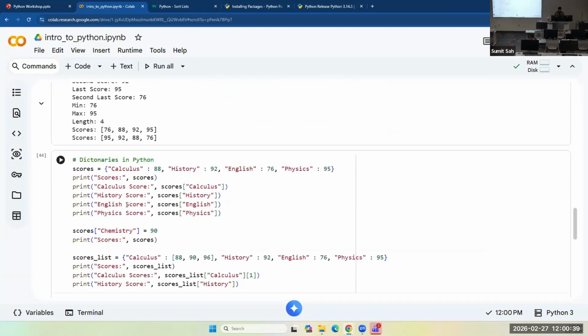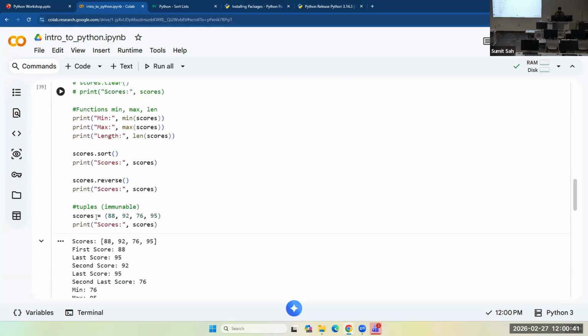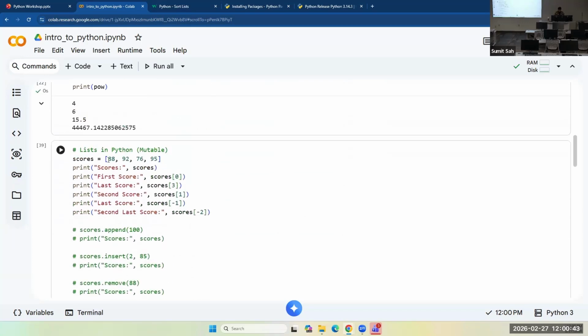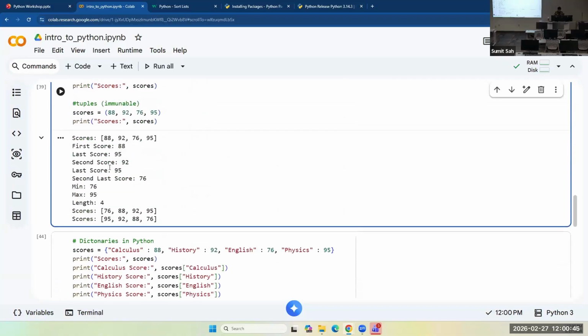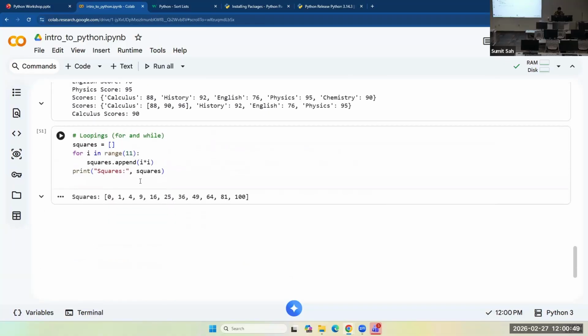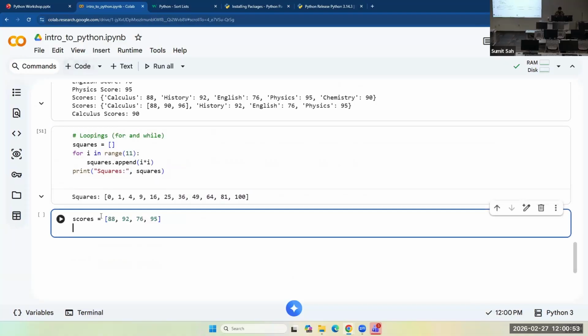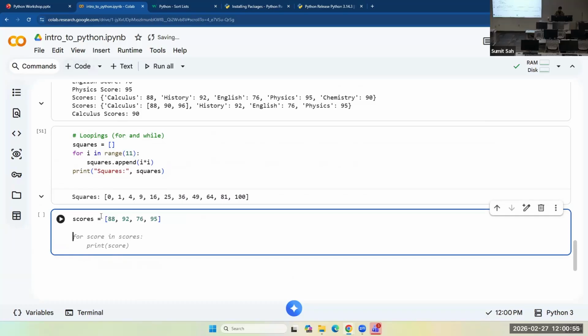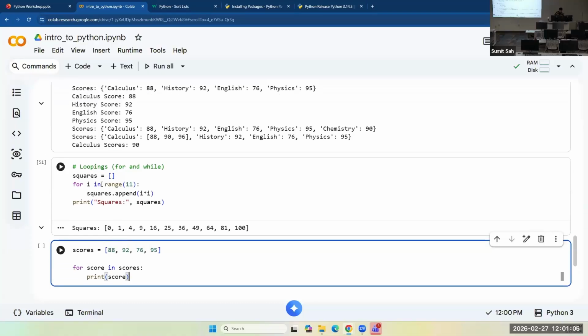And let's say you want to iterate through a list. You can iterate through each element in the list like this. For score in scores, just like for i in range.